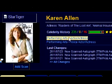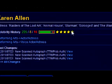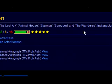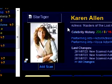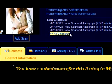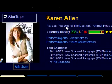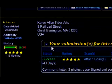Here's Karen Allen, which I actually have a success from, and it tells what they were in: Raiders of the Lost Ark, Animal House, Starman, Scrooge. These are all great movies that I've really enjoyed. That's why I sent to her. I love Raiders of the Lost Ark. So that's definitely an interest to me. So I scroll down,